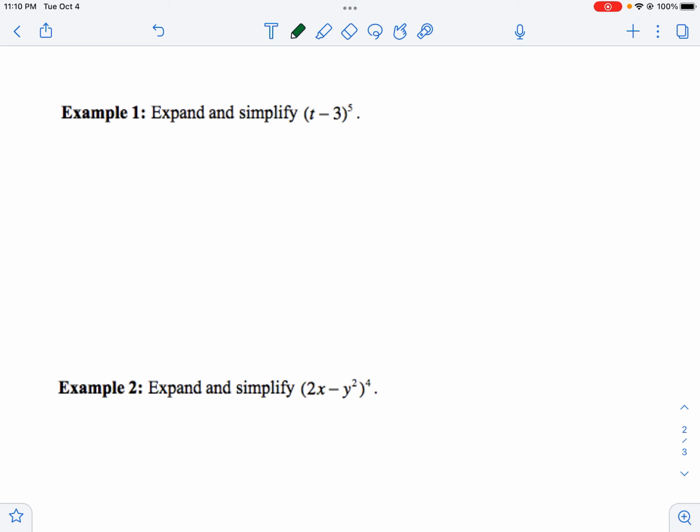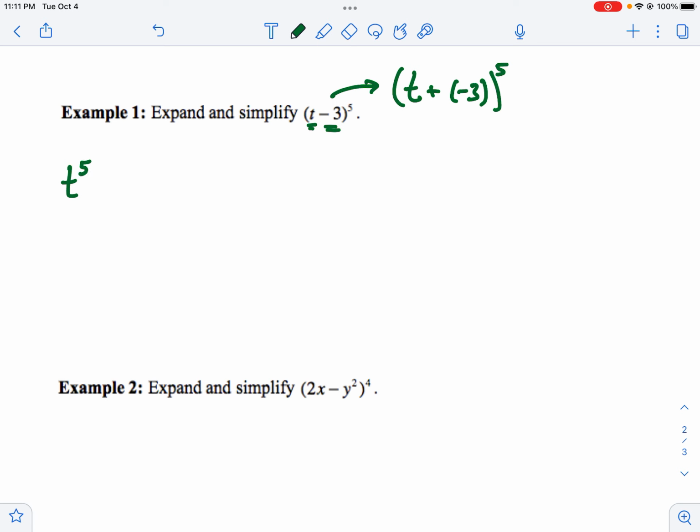So if I want to raise this to the fifth, I'm going to use the exact same idea. Okay, so I'm going to be looking at t, and notice that this time it's minus 3. So what we could do is think of this as t plus negative 3 to the fifth. So I come in, and again, I like to personally go through and figure out